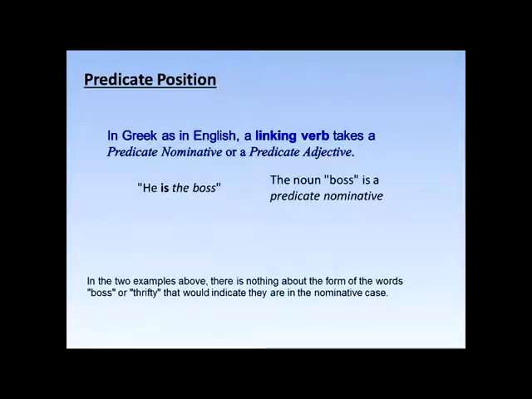He is the boss. In this sentence, the noun boss is a predicate nominative. She is thrifty. The adjective thrifty is a predicate adjective. In the two examples above, there's nothing about the forms of the words boss